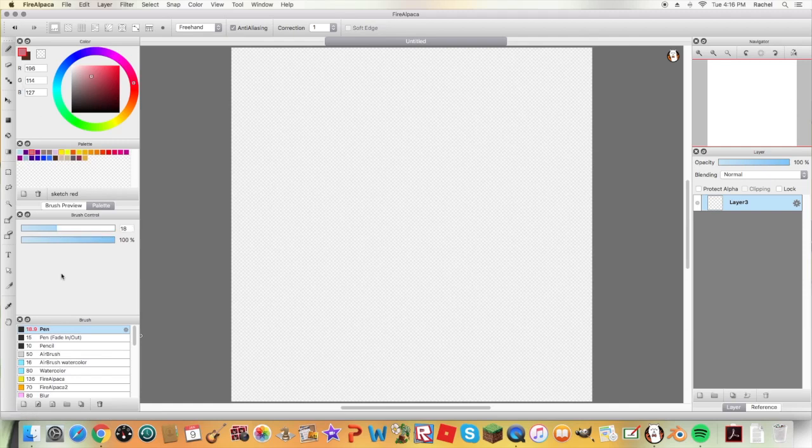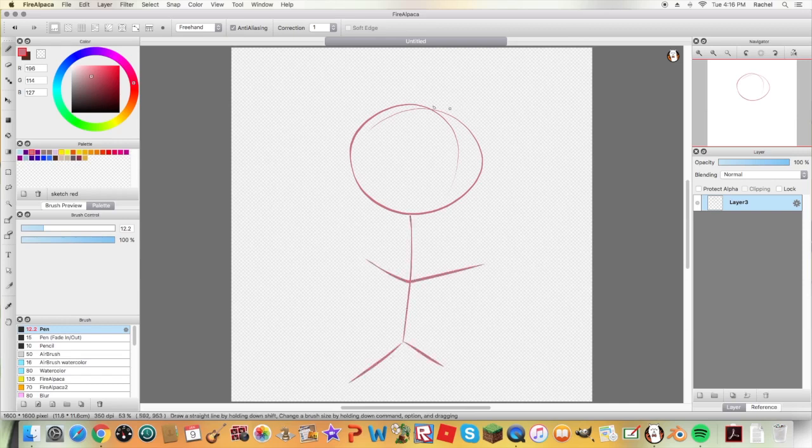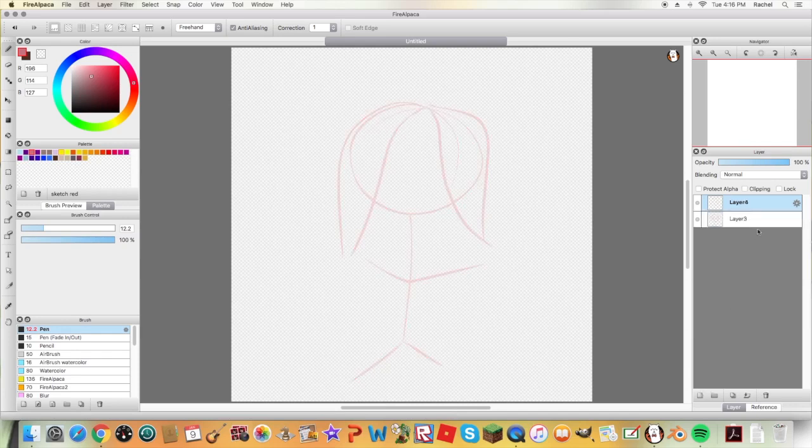So what you can do, and this is again kind of self-explanatory, but sometimes you need to point it out, if you're trying to just change someone's facial expression, maybe you draw up a character. I'm not going to actually draw a real character right now, I'm just going to do a little stick figure. Trust me, I can draw better than this. And if you redraw this character every time, your lines are going to get different, and you're going to see